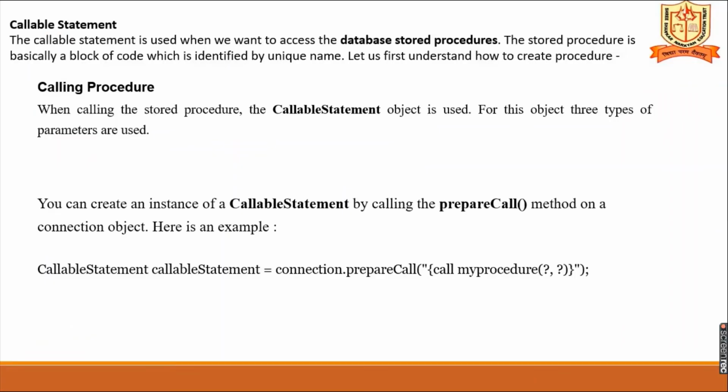A CallableStatement is used when we want to access database stored procedures. So CallableStatement is used to invoke the stored procedure which is in the database. Now what do you mean by stored procedures? A stored procedure means executing multiple SQL queries. Suppose in a company a new employee came.